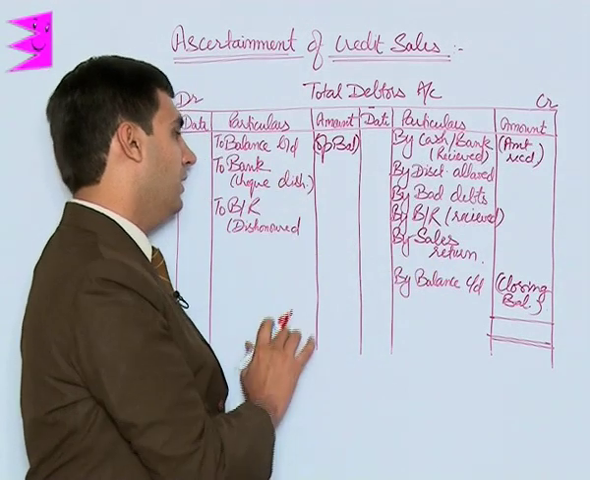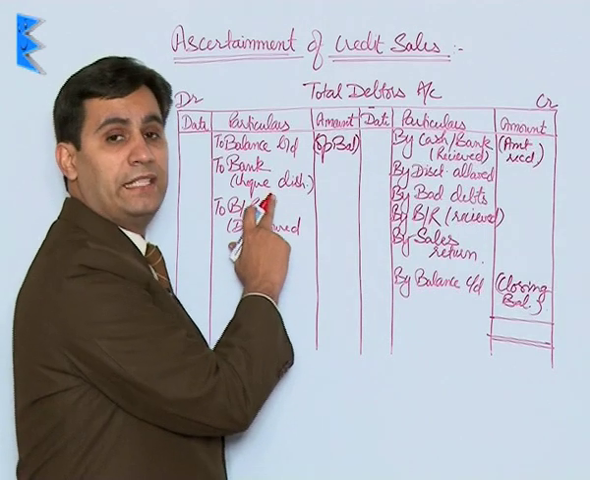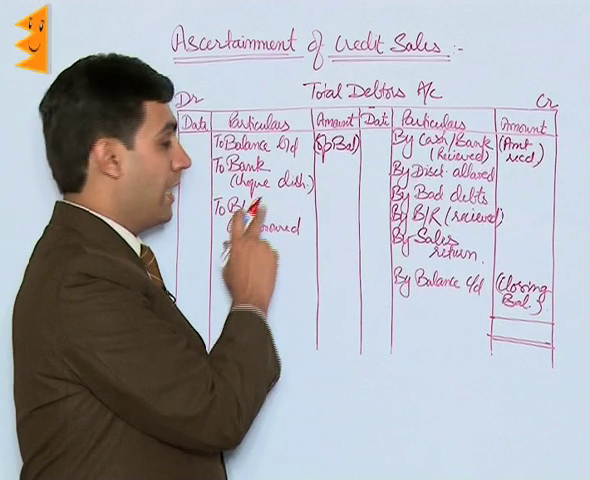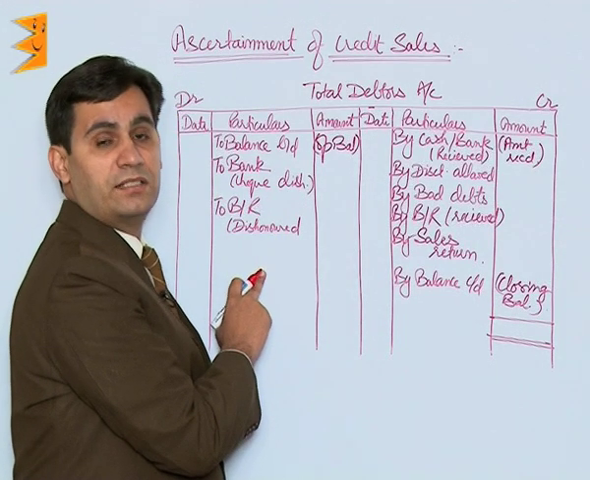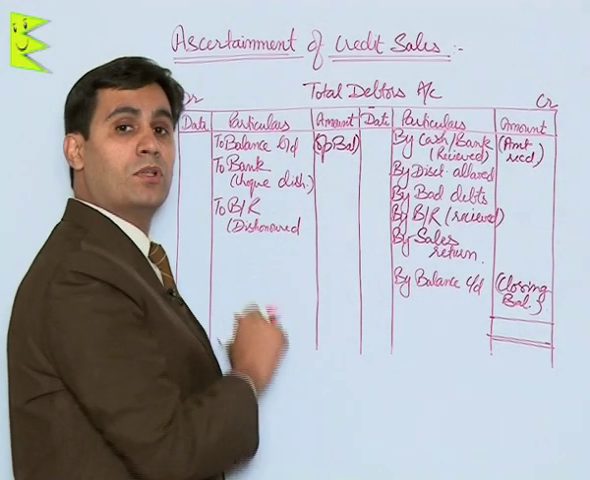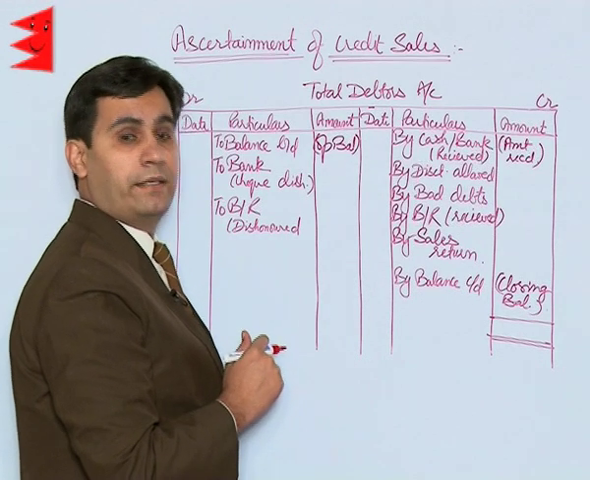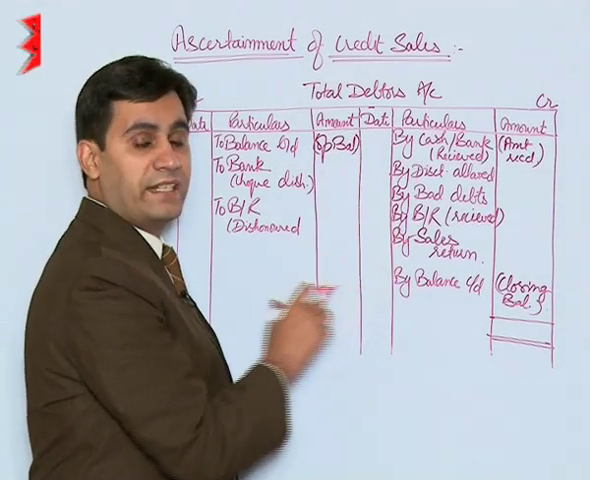On the debit side, we have entry for any check that is issued by the debtors that is dishonored, and any bills receivable that stands dishonored. Now they are put on the debit side because they restore the amount payable by the debtors. Once all these entries have been put here,